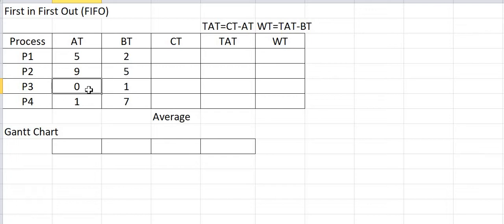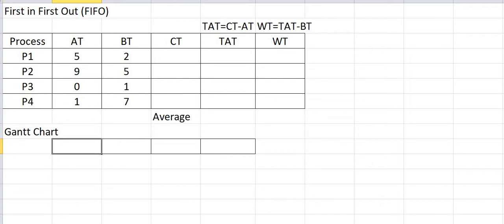So that is the first in process. So first we are going to process the process P3 followed by P4 and then P1 and then P2. Remember, this FIFO is also non-preemptive. A process enters, completes its execution, and then only it allows the other process. Whichever time the other processes arrive into the ready queue, it never bothers, but it completes and then only allows